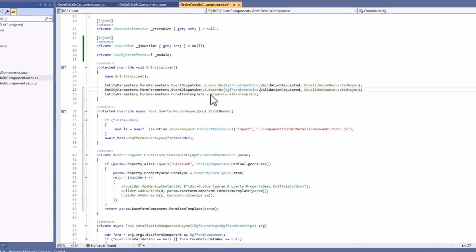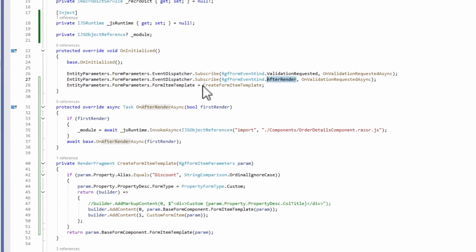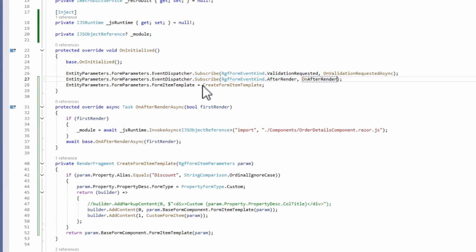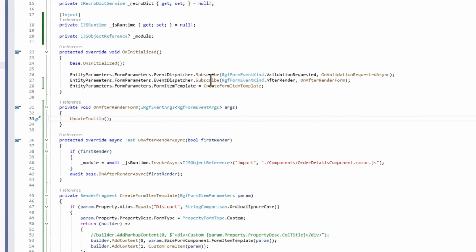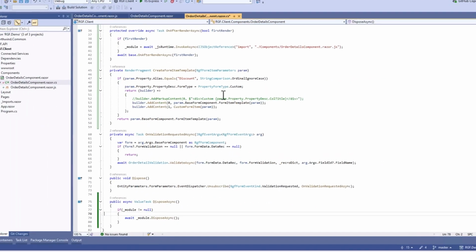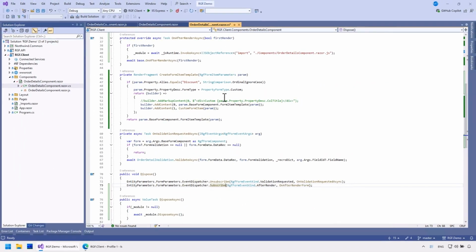However, I can subscribe to the forms onAfterRender. Here, I can create the initial tooltip. In the Dispose, I will unsubscribe.